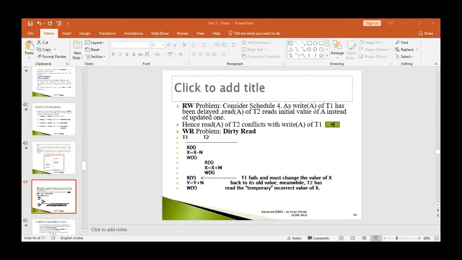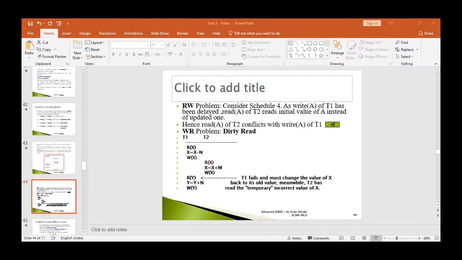Why? Because an edge is going from T1 to T2, but no edge is coming from T2 to T1. An edge is going from T3 to T2, but there is no edge coming from T2 to T3. An edge is going from T1 to T3, but there is no edge going from T3 to T1.